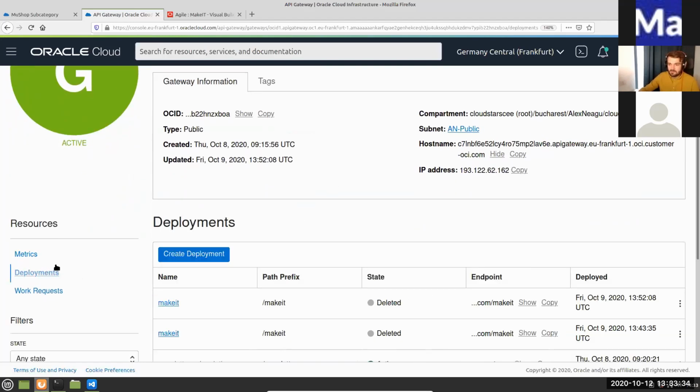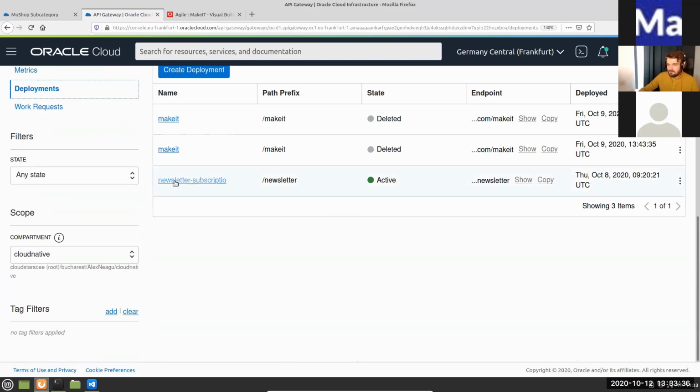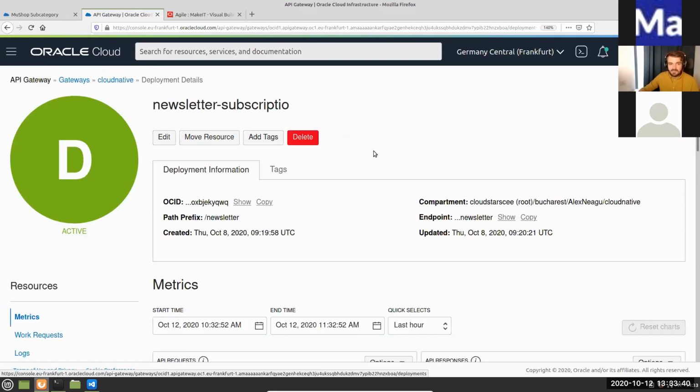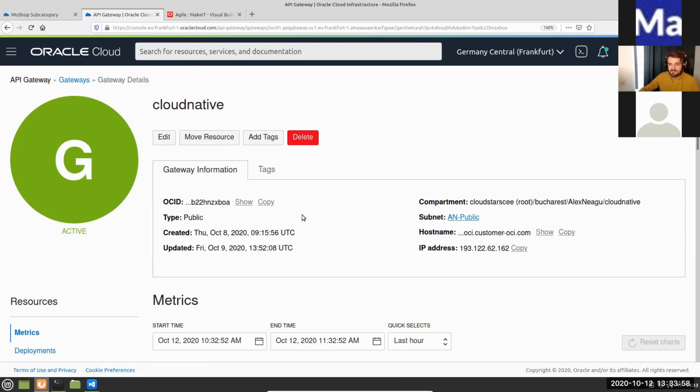So let's take a look at what we have here. We have the newsletter subscription. So I'm using the API gateway. Whenever I create a new account for a user in our reference application, I want to subscribe them to the newsletter, for example. And this is handled by a function, and I'm going to show exactly how it works in the bigger picture of the application. But keep in mind, we have the API gateway, which is a great service to respond to functions, and not only that, it can sit in front of any kind of HTTP request.